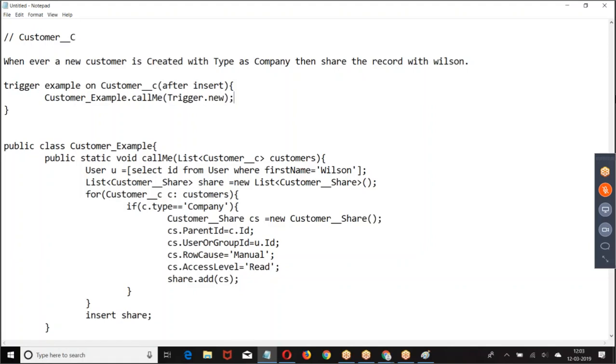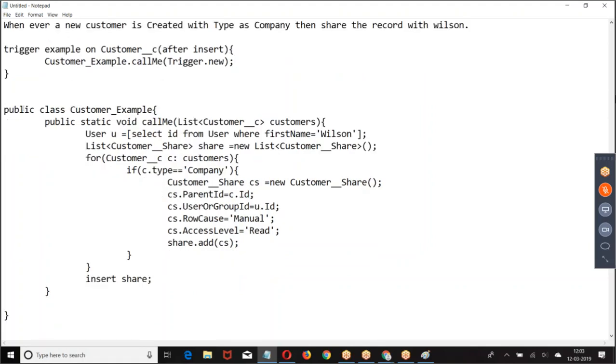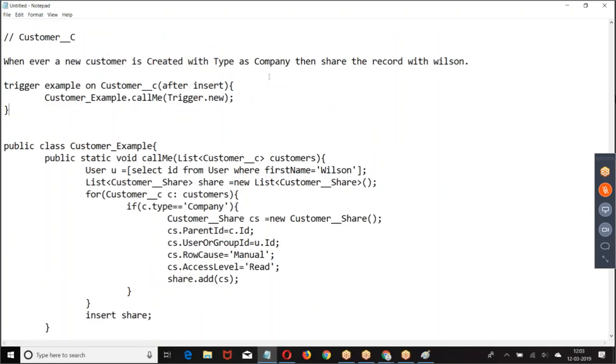Right, boss? Let us get into the next one. I hope you are good with this example.